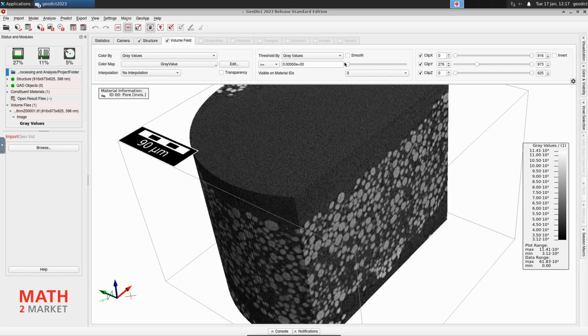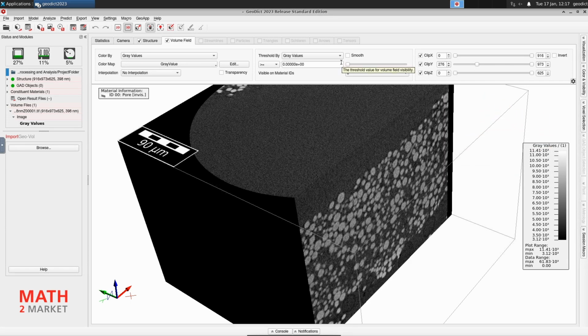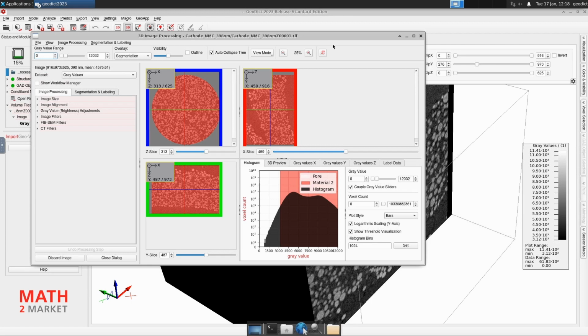So we drag the slider back down to 0 and switch again to the image processing dialog, which you can find up here. Now it is in Windows in the taskbar below, but here click on the Geodict windows, and select the image processing dialog. First I will maximize the dialog.